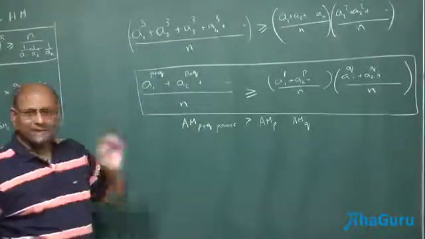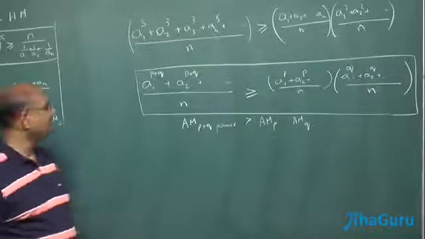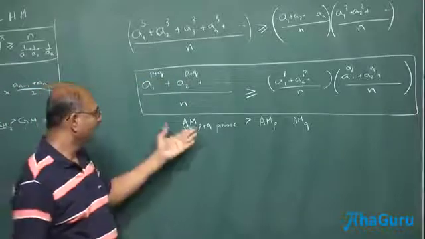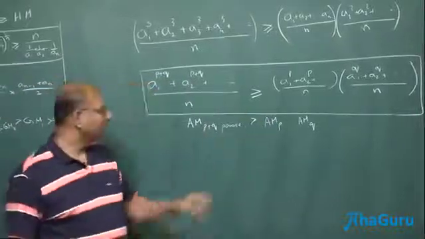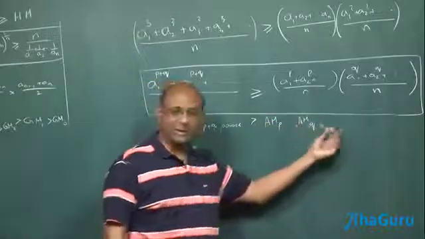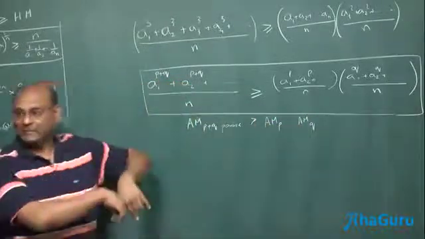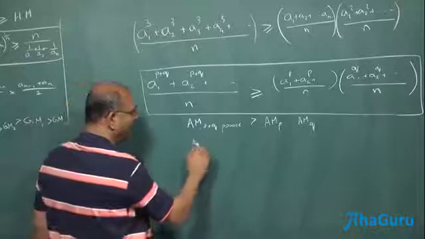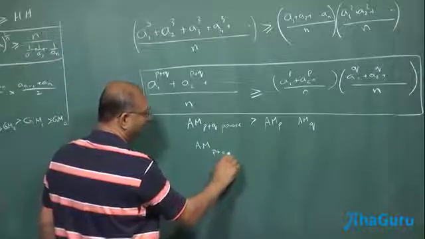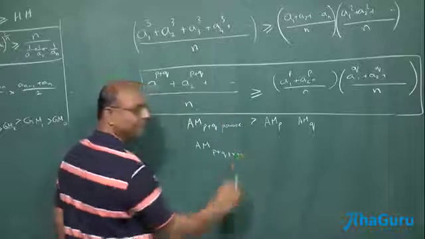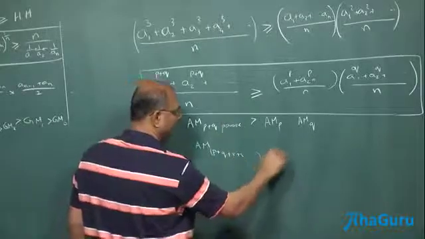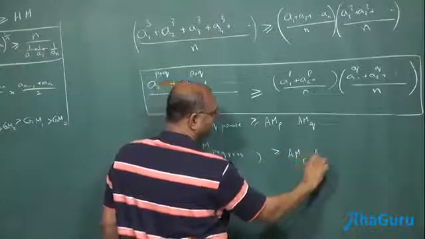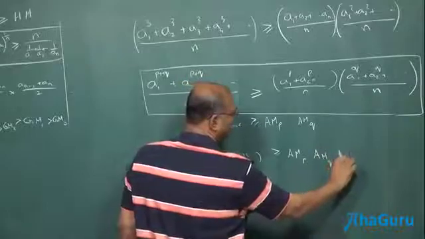Now one very nice case out of this that comes out is if I say P plus Q plus R, what do you think will happen? Well, if this is greater than that into that, this you multiply by R, because you can say Q and R multiplication, Q plus R is going to be bigger. Q plus R and P together, P plus Q plus R will be bigger. So, arithmetic mean of P plus Q plus R plus S plus power is greater than or equal to arithmetic mean of P, arithmetic mean of Q, arithmetic mean of Rth power, and so on.